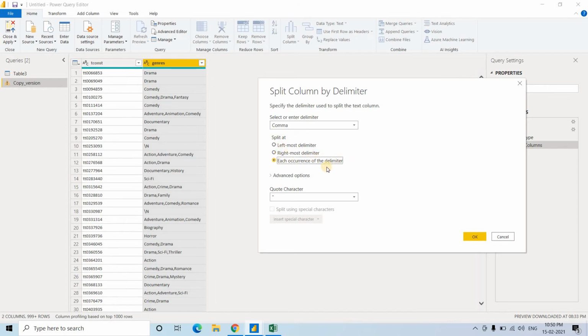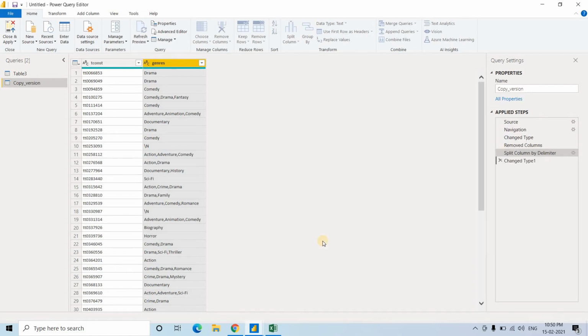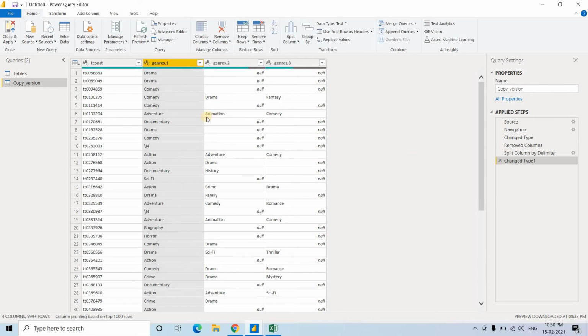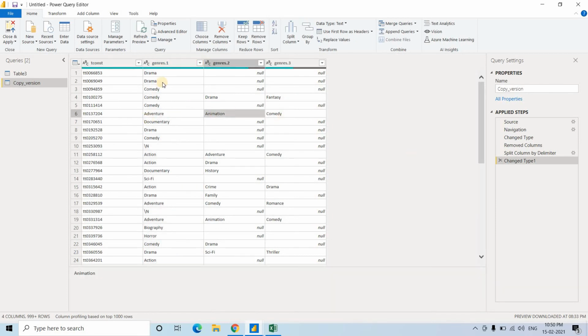So in each column one occurrence will be present. And quote character, no need to go through that because it is not a point of interest here. Click on OK and see what actually happened. Now you can easily understand. Just consider this particular column where comedy, drama, fantasy was present. Now all the 3 values are coming in different columns.